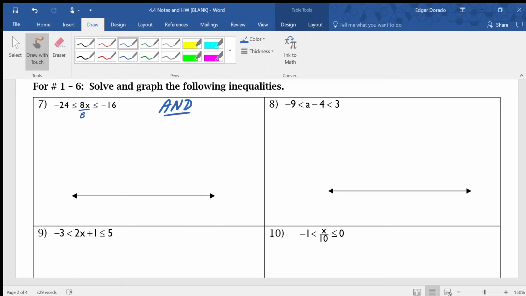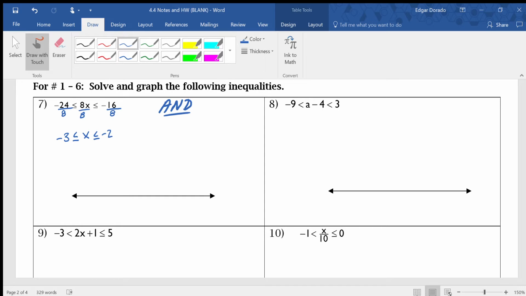If I divide by 8, I have to divide by 8 on both sides, but notice we have numbers on the left and on the right side. So I'm going to have to divide it on all 3 sides. Okay, let's see what we get. Well, on this left side, I get a -3 less than or equal to x less than or equal to negative